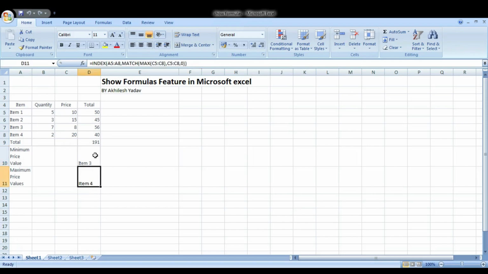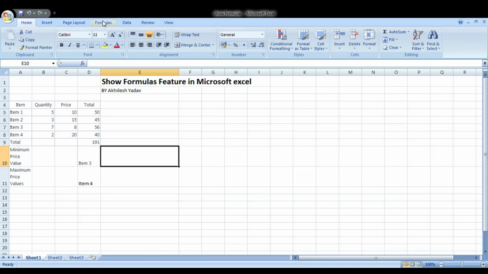So we want to know how we get the formula for calculating each of them. Traditionally, you would click on any of these cells and you can see the formula is written here. But if we want to know the formula applied in each and every cell for our calculation,